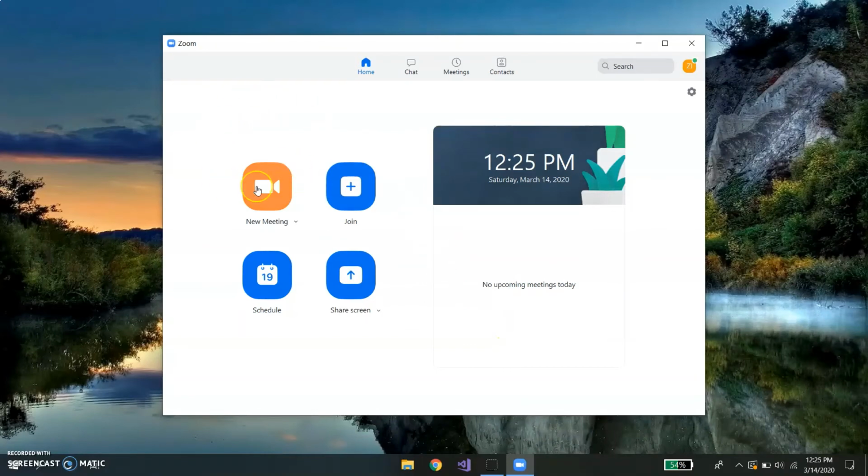What we're going to do to simulate it is we're going to go ahead and make our own new meeting. Every single person that is on Zoom has their own unique meeting ID, which they can utilize to make their own sort of almost like a private message or direct message. So if we click this,